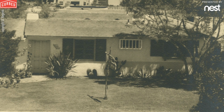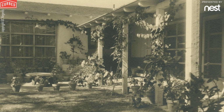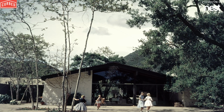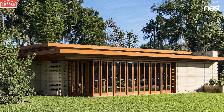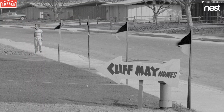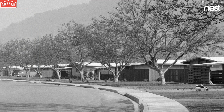In 1931, Cliff May designed the first ranch house, a simple 1-story courtyard home in San Diego. It nodded to his family home in rural California, Spanish-style haciendas found in the West, and Frank Lloyd Wright's prairie and Usonian homes. Soon after, May began selling ranch house plans to developers, and even became a developer himself, constructing